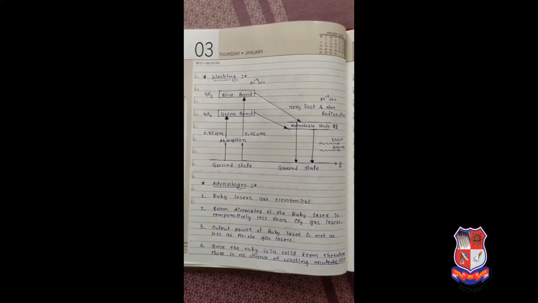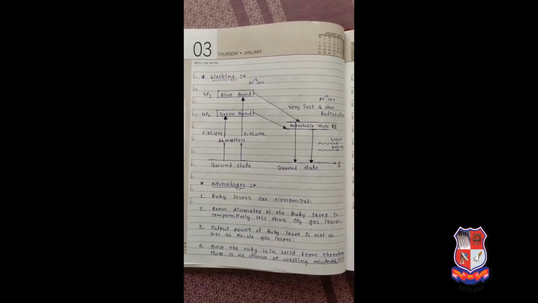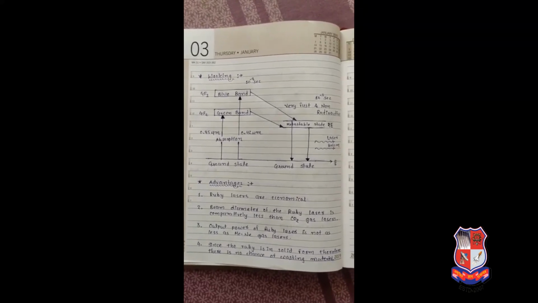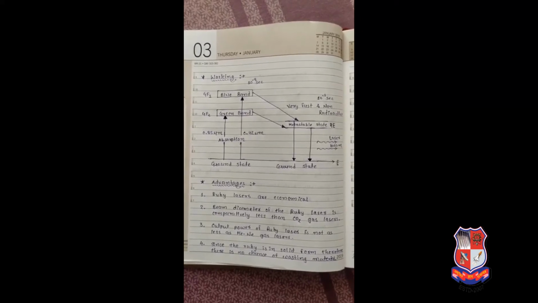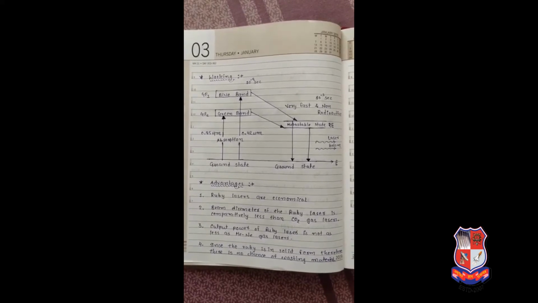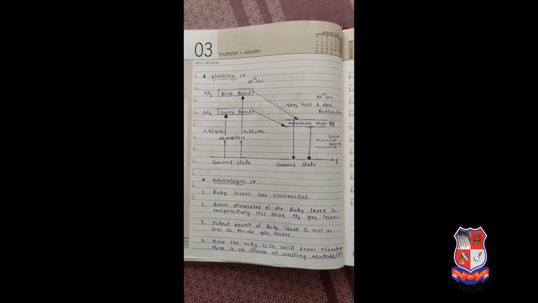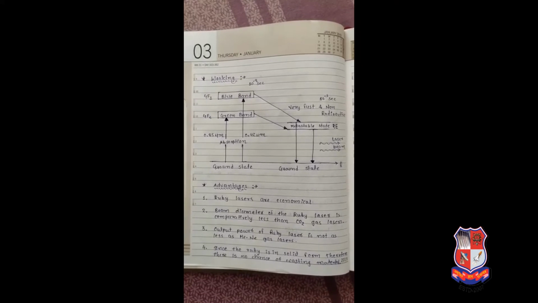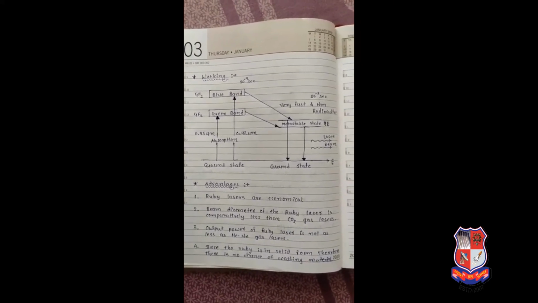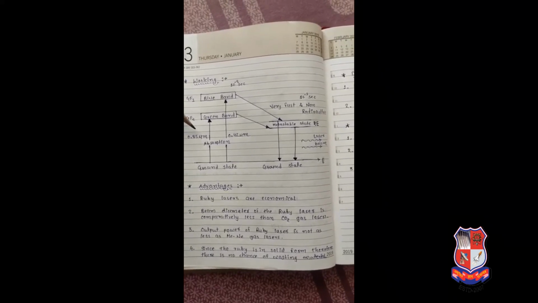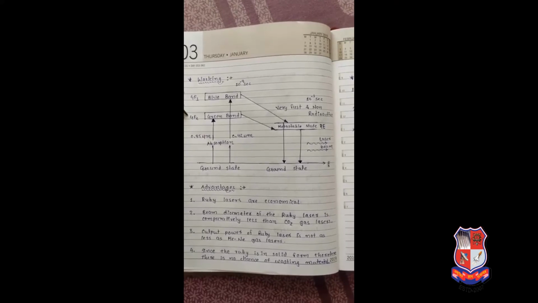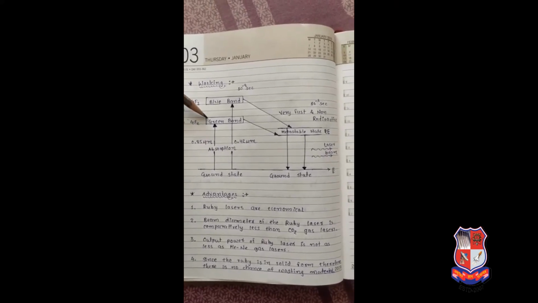So friends, this is the working of ruby laser. Whenever the power supply is on, the xenon lamp emits thousands of joules of energy in a few milliseconds, and that energy is absorbed by the chromium ions from the ground state. The chromium ion which absorbs the 0.85 micrometer component of the flashlight goes to the 4F2 layer, or we can say the green band.